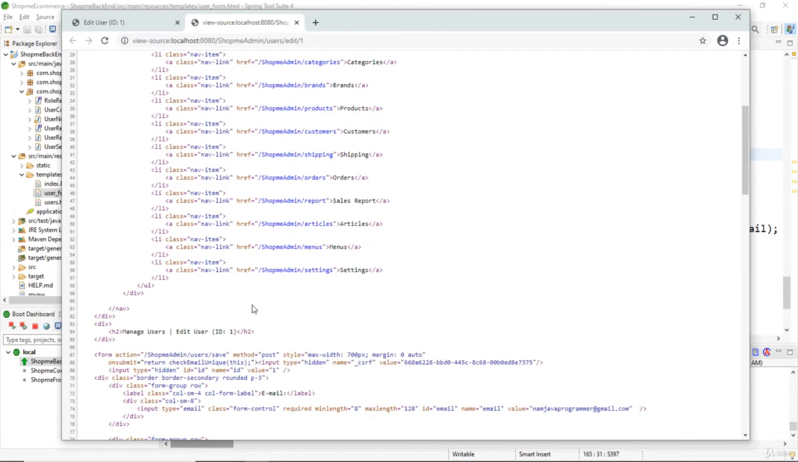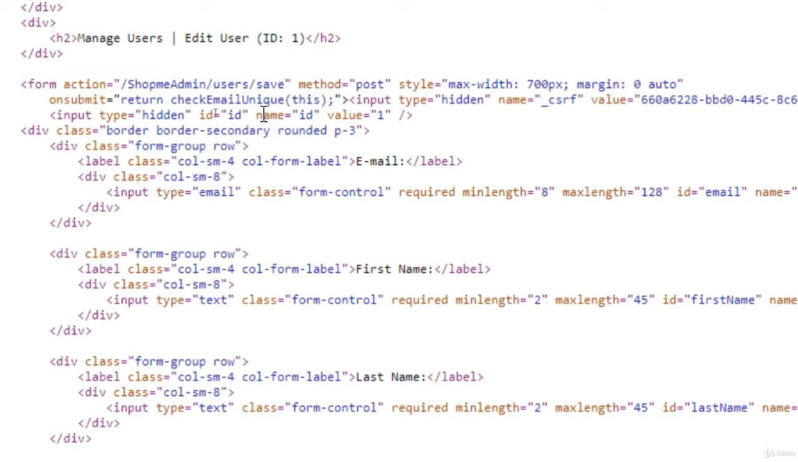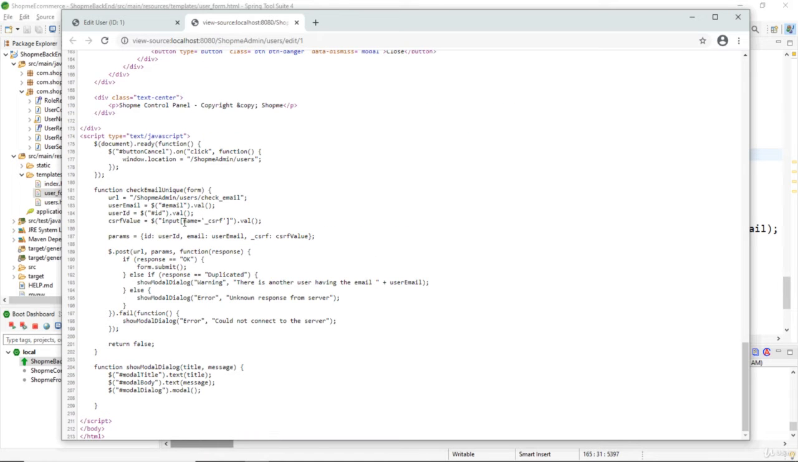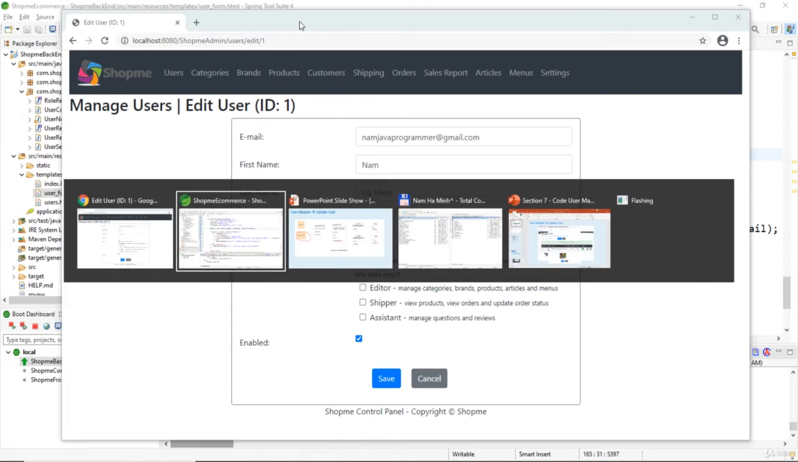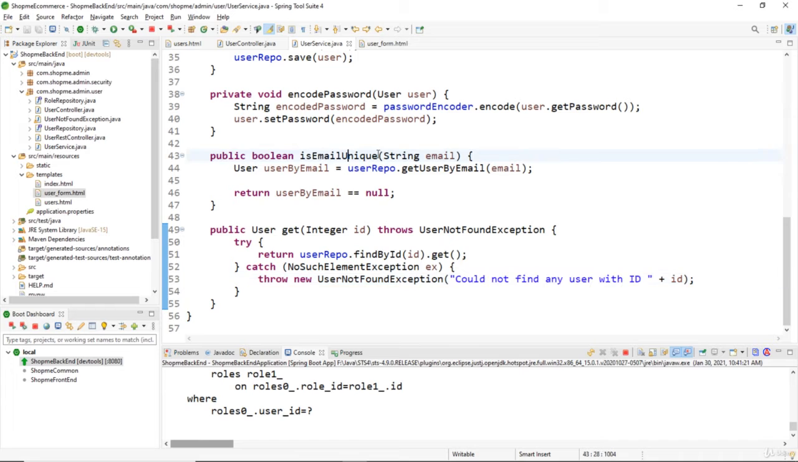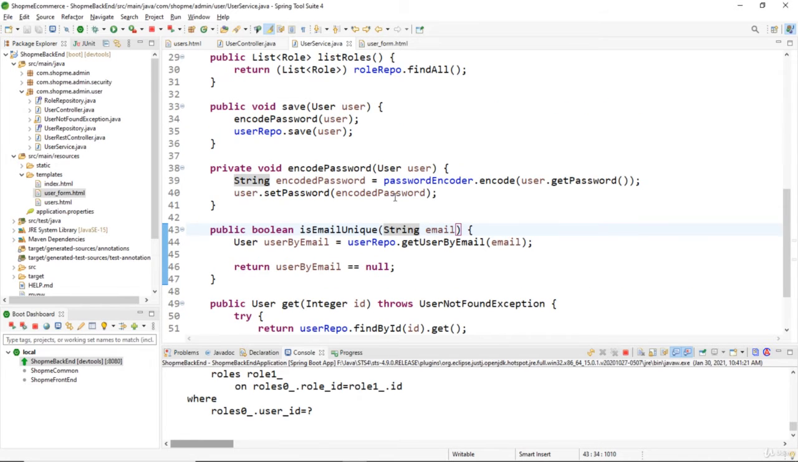and you can see in the form the hidden field ID here that stores the ID of the user being edited, and the JavaScript code gets updated as well. Then in the user service class isEmailUnique method, we need to add the user ID as an additional parameter for the method,